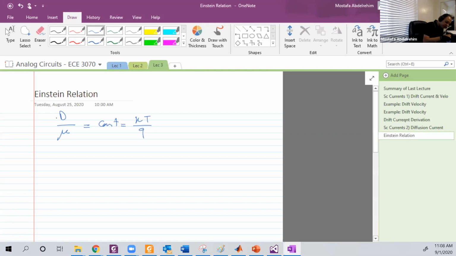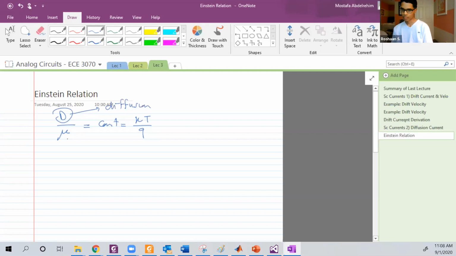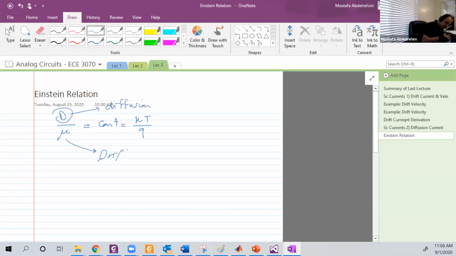D over mu, D is from the diffusion current, and mu is from the drift current. If you divide both together for any semiconductor, and that's really interesting, it's equal to K, the Boltzmann constant, times temperature in Kelvin over Q. Okay, and why is this constant? Of course, at equal temperature. Okay, and this is at T equal to 300 degrees Kelvin. It's equal to